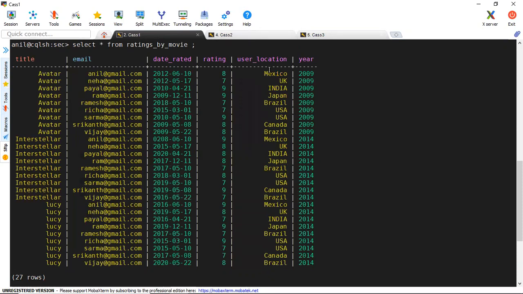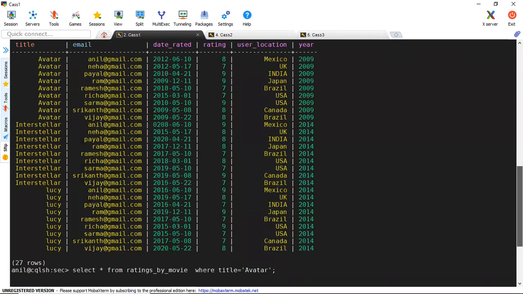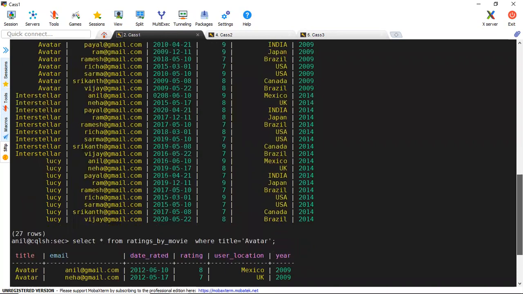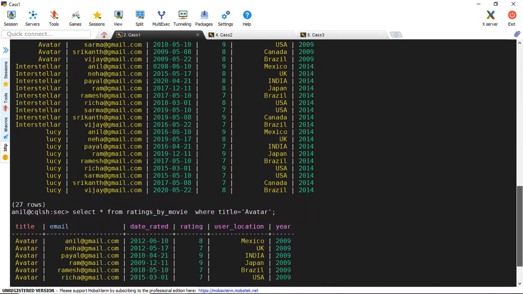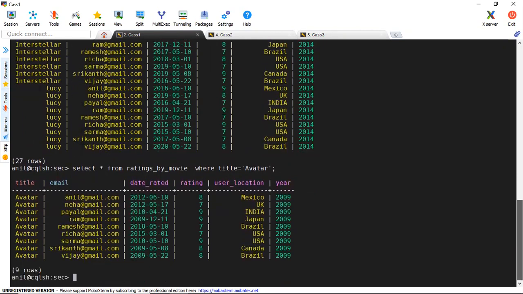Here I have three nodes. Okay. Now, whenever you ask for Interstellar information, it will go and grab it from one single node. It's a single disk read, very powerful, right? Now,